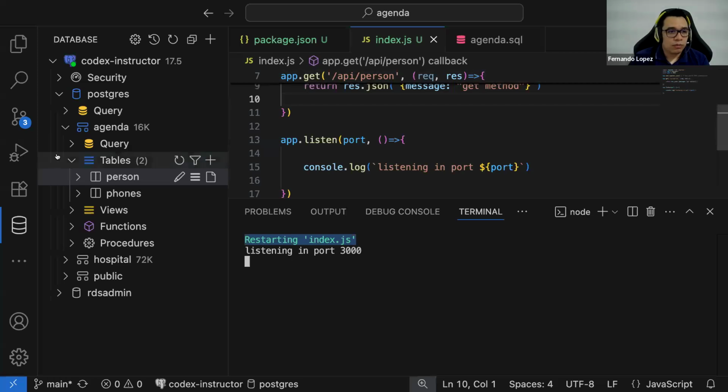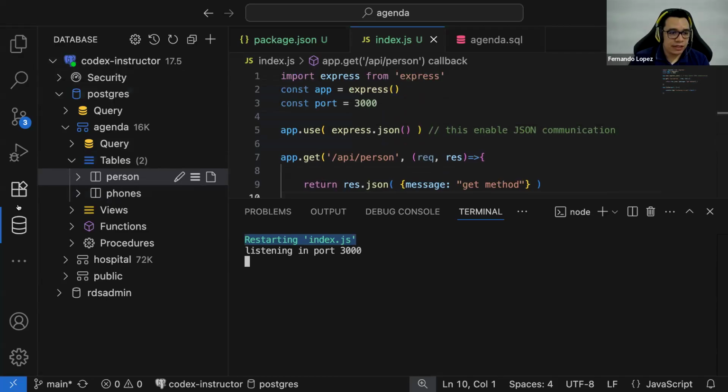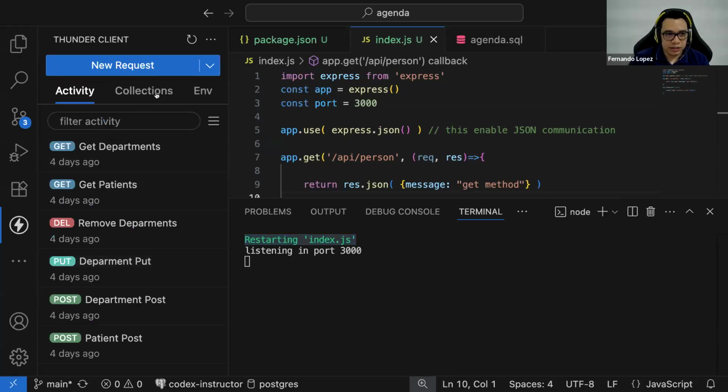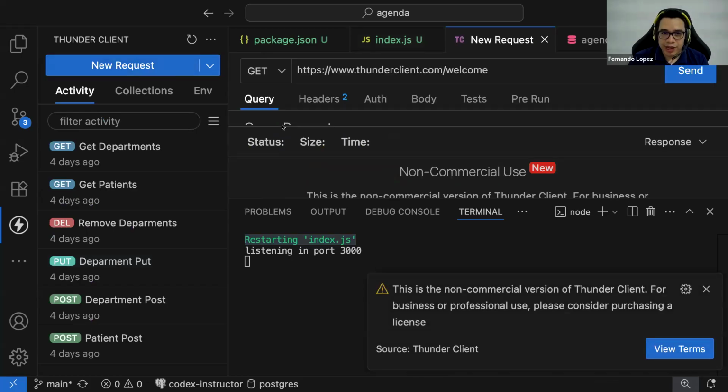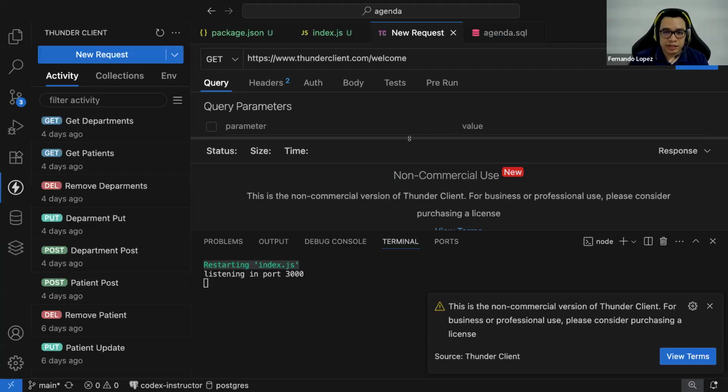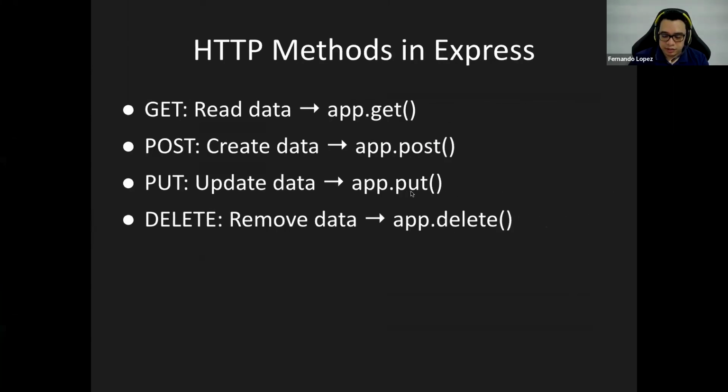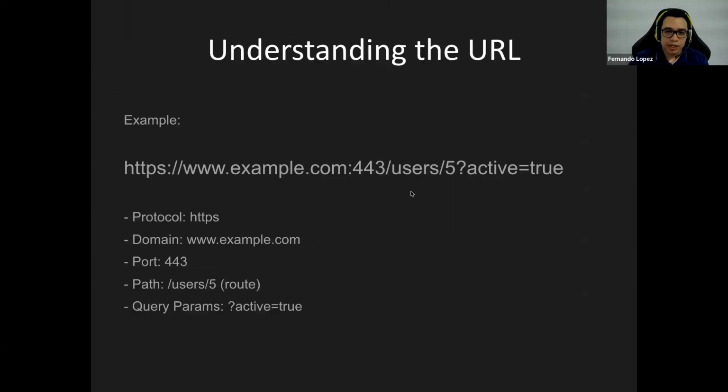So if you want to reach this endpoint, you might need to use, in this case, the Thunder Client. So this is an API request that I will be creating. And you need to understand the URL that we are going to be hitting.